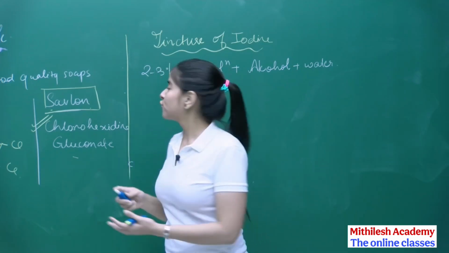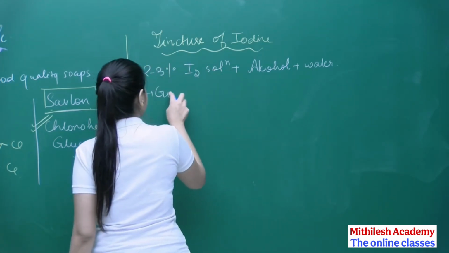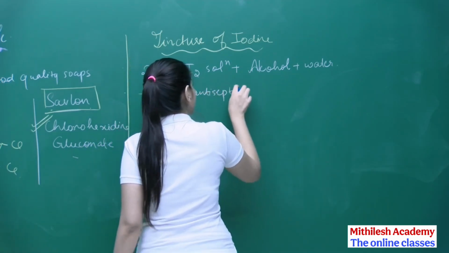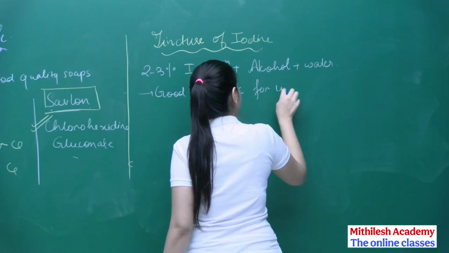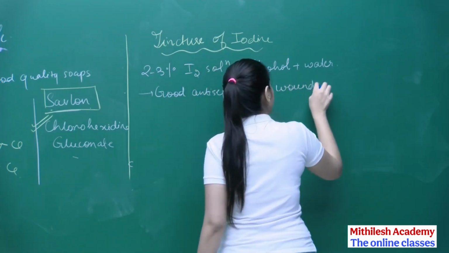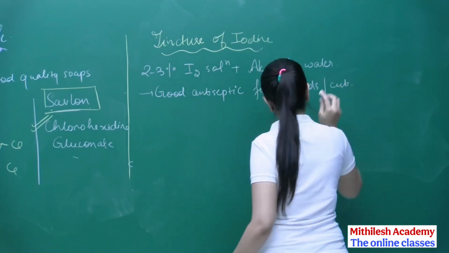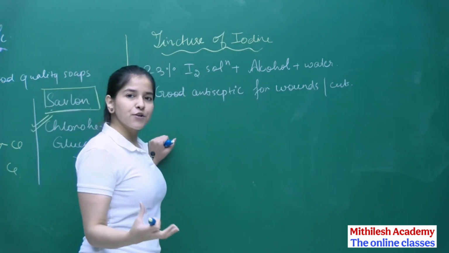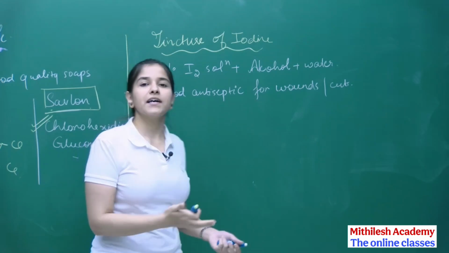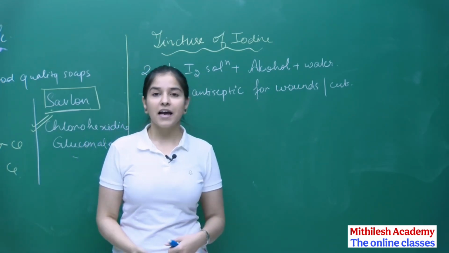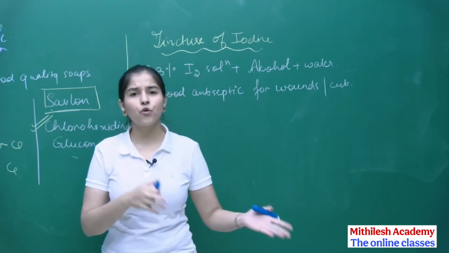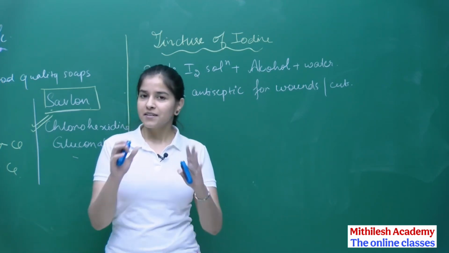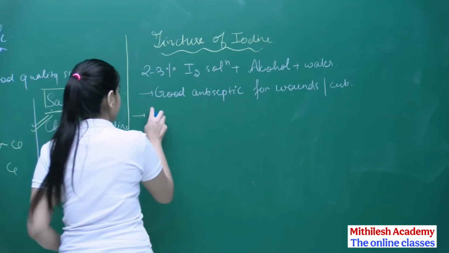It's a very good antiseptic for wounds again or cuts. What else do I have? Can you name any kind of a solution that is also an iodine solution and is actually another kind of antiseptic that is used post surgery most of the times? So that kind of an antiseptic is betadine. So another kind is the betadine.